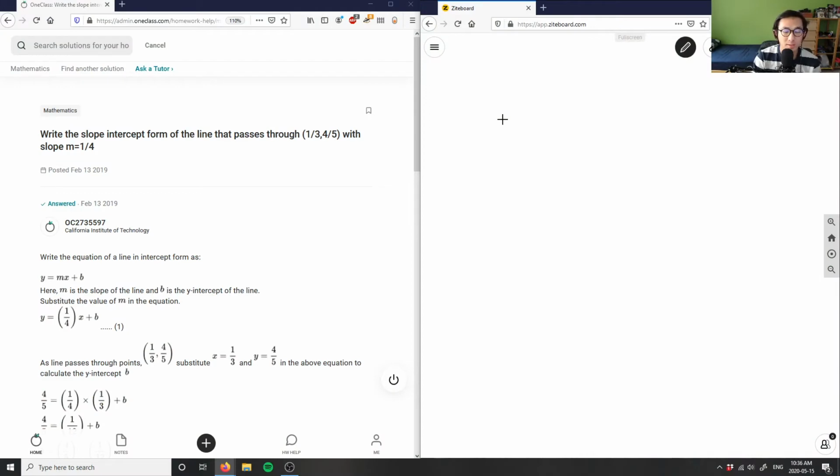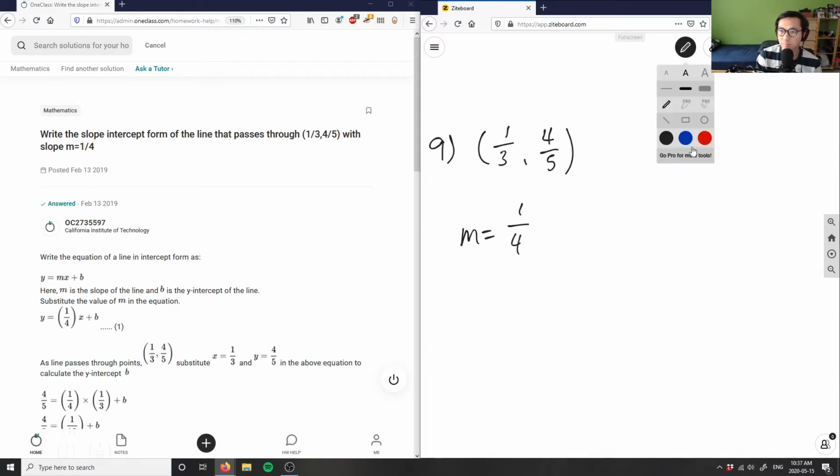Write the slope-intercept form of the line that passes through (1/3, 4/5) with a slope of m equals 1/4. So I'm given a point here, 1/3 and 4/5, and my slope here, I'm going to write m equals 1/4. So in order for us to solve this,